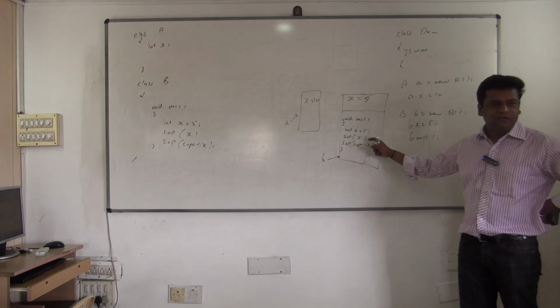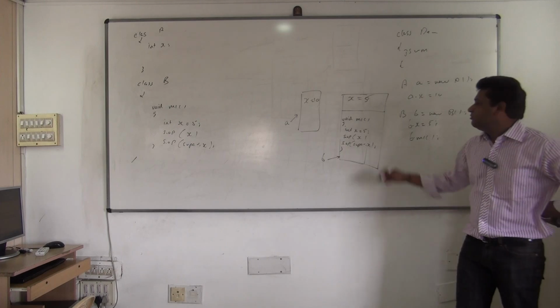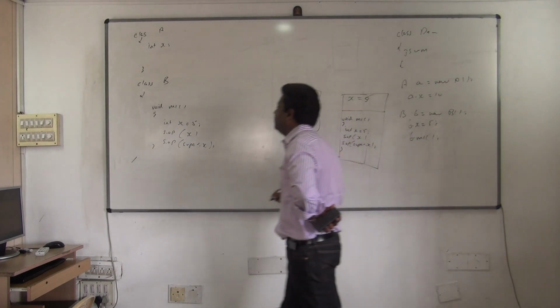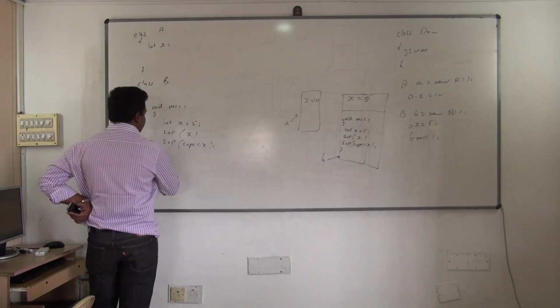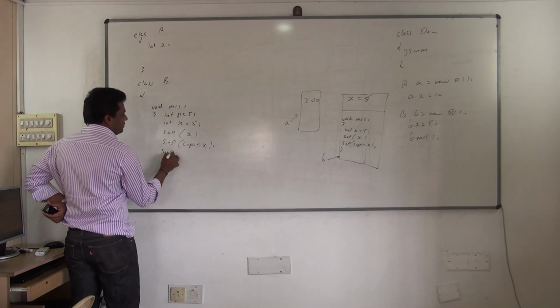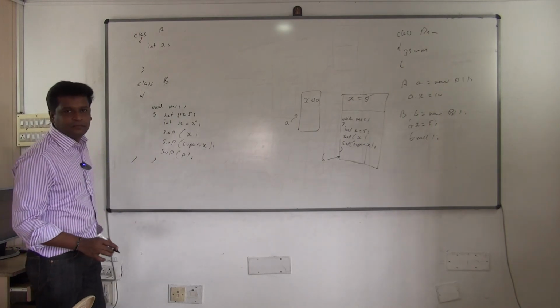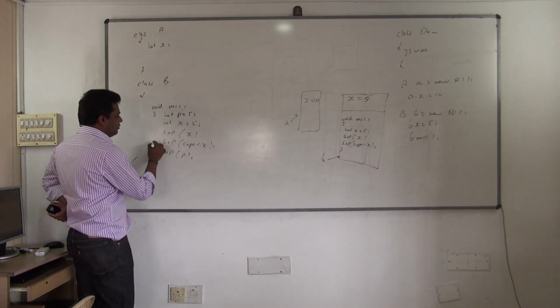M1 will be called. M1 will print local X here. SOP X means preference is given to local X. If I add a different variable by chance, if this variable name was something like P, int P is equal to 5 instead of X, now both are accessible. This is not an issue. Only when it is X, that time you have to go with